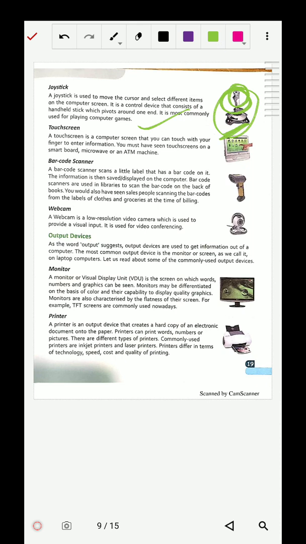Got it? Next is your touch screen. Touch screen, I think many of you have seen on your mobile phone. When you touch some icon, you perform something, means you are able to open some screen. So in the ATM card also you can see on the touch screen, you just press somewhere, the same function will happen.